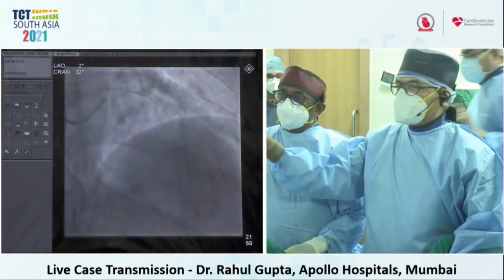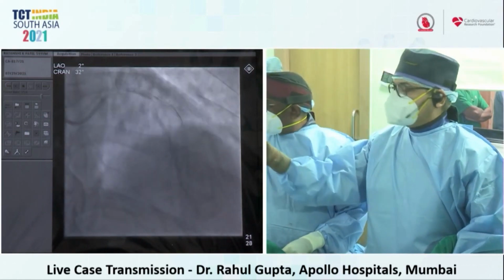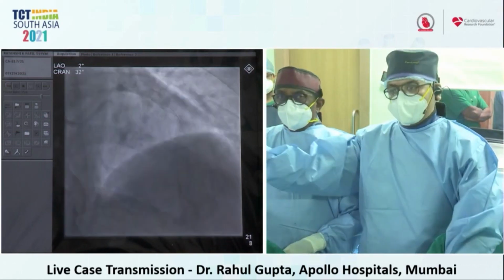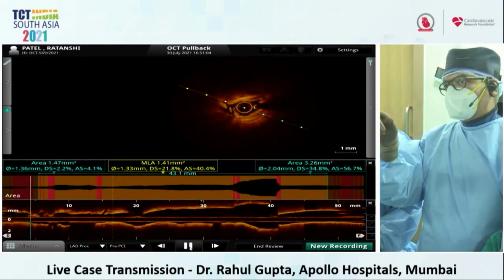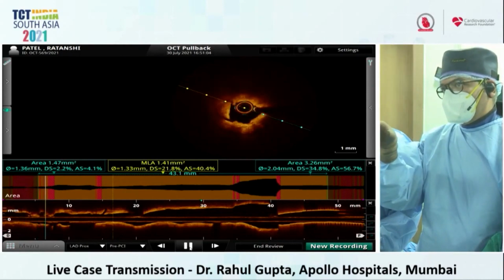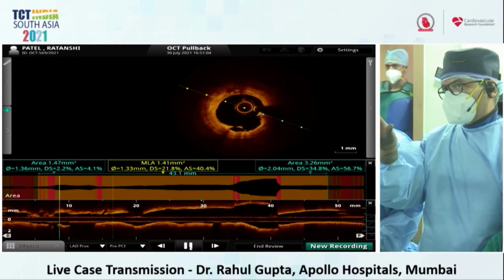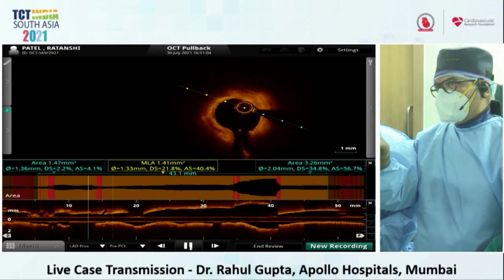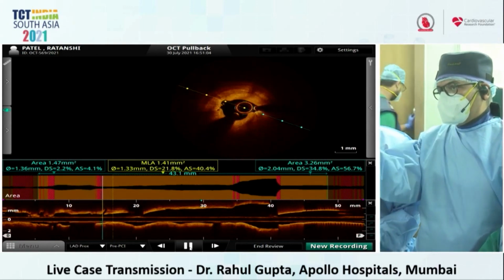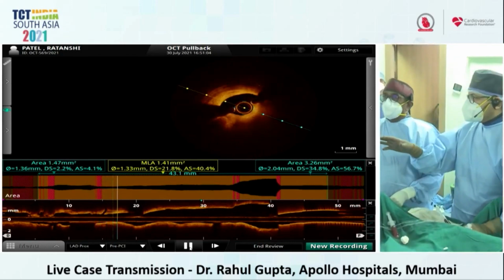So here we are, and can you show the OCT image if everybody can see the OCT? Can you switch to the OCT? So this wire tends to go into the diagonal. We are trying to negotiate, but just for want of time, we have kept it. Anyways, we are not going to come over there. It's gone into one of the diagonals. Every time we have to change the shape. We have not done that because of the time.